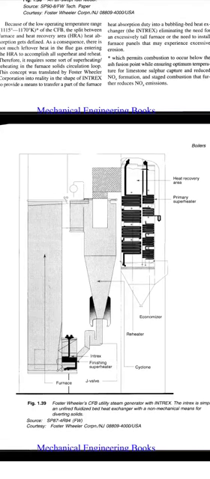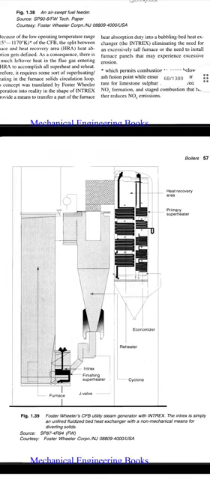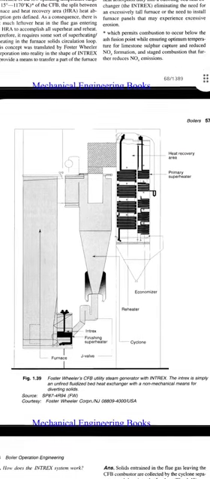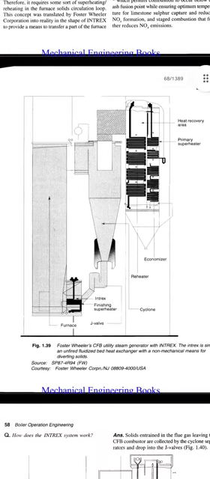The J wall, meaning the loop seal, is available at the bottom of the cyclone. A reheater zone is available on the right side of the diagram, and the economizer is also on the same side. The primary superheater and heat recovery area are available on the right side of the boiler. So this is the diagram with the Intrex.